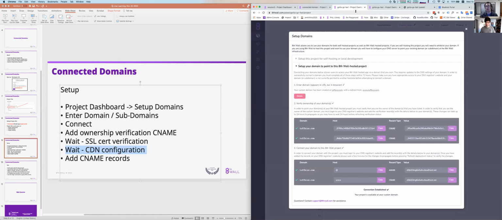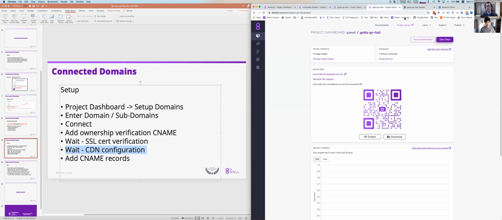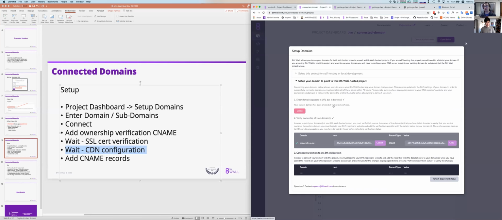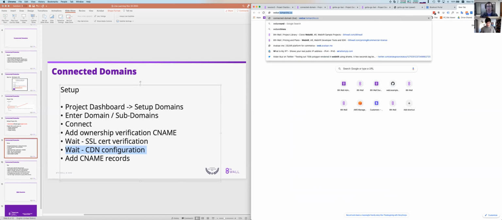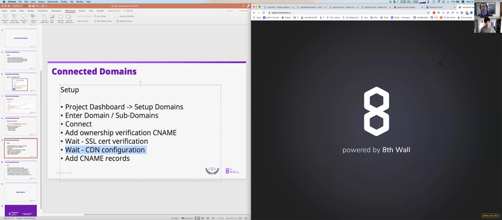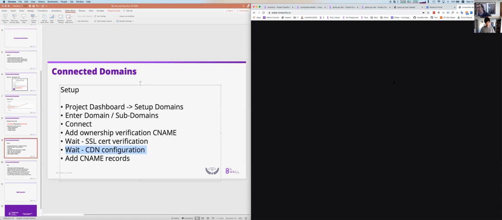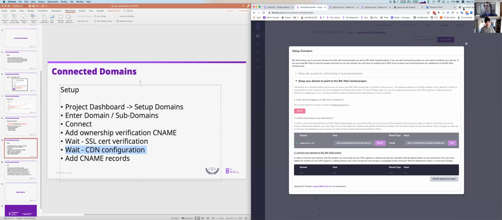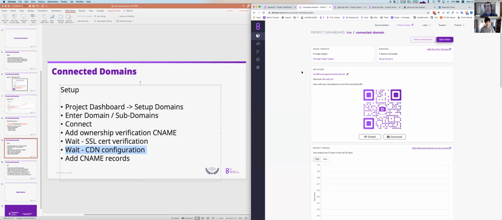So if I go ahead and do that, we can take a look, and you can bring this up, and here I've got a custom URL. Now, going back to my example here, we can also see webar.tomarkio.cc, which also has an eighthwall.app URL. Here I've got the same project that is accessible at my custom domain. This is a face effects project that I'm running on my desktop, and I can get to the same experience if I also go to live.eighthwall.app/connected-domain. So this project can be accessed either way, and in this case, I've also connected